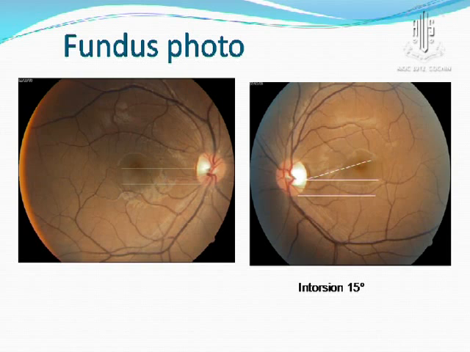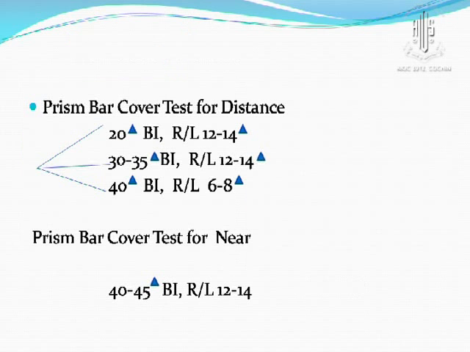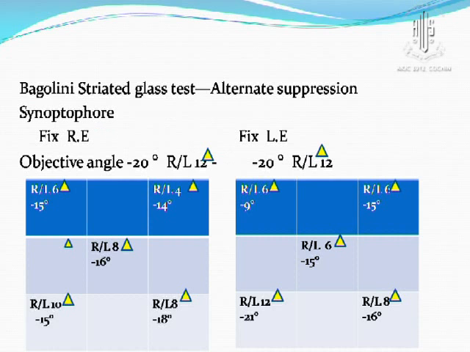The patient has a hyperdeviation of R over L 12 to 14 prisms in primary position, exodeviation 30 to 35, with R over L 12 to 14, same, and a little less in the down gaze. And the prism bar cover test for near shows only a change in the exodeviation. So you can again check all the 9 gazes, and there is no difference between the objective angle. So it's not an incomitant squint which is doing that. So the diagnosis is, we all know it's a craniosynostosis.